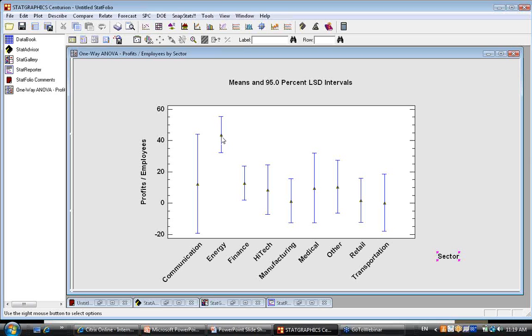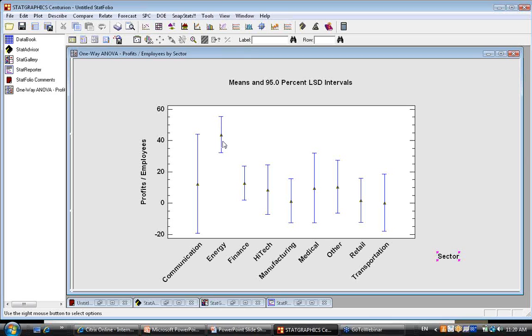Certain sectors that have a lot of data, for example, the energy sector, will have rather small errors, but the communication sector, where I think there were only 2 or 3 companies, has a considerably larger margin of error. And depending upon what particular intervals you choose, you can make different conclusions by looking to see whether the intervals around each mean overlap